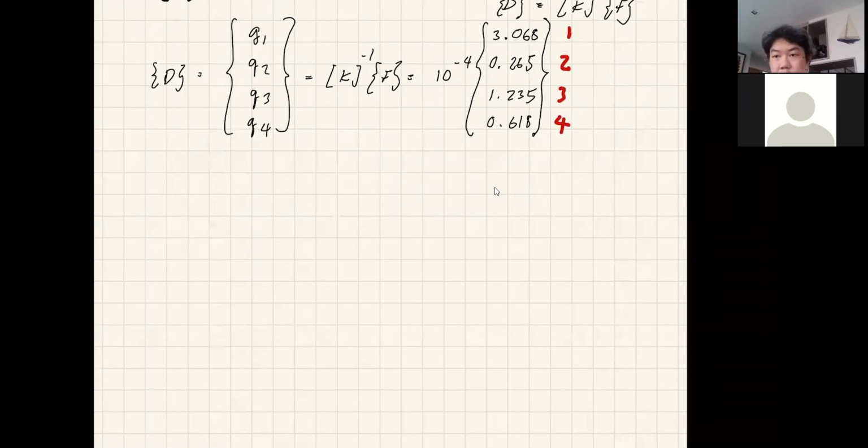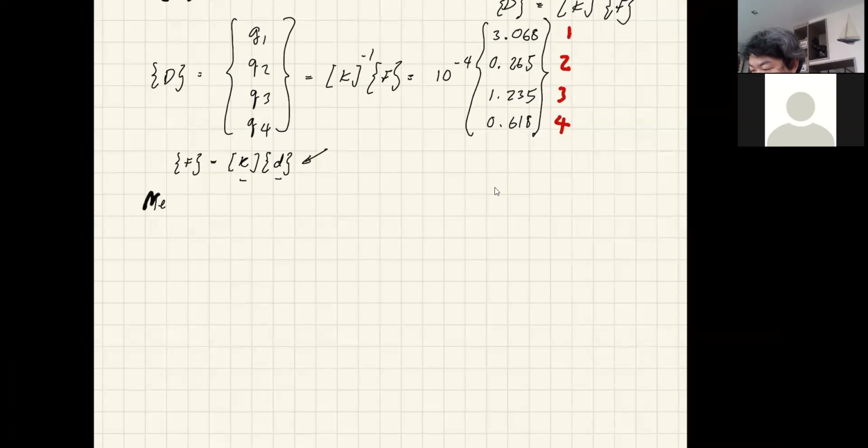We can continue on with the only formula that we have, that is F equals KD, you know. So F equals KD, sorry. This time, if we look at this formula from the member point of view, now you know the D, you know the K of each member, of course, therefore you can get the force. Okay, so let's say for member one, use the thick one. For member one,